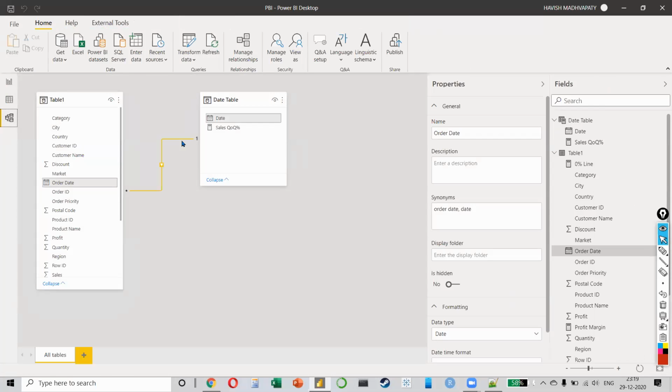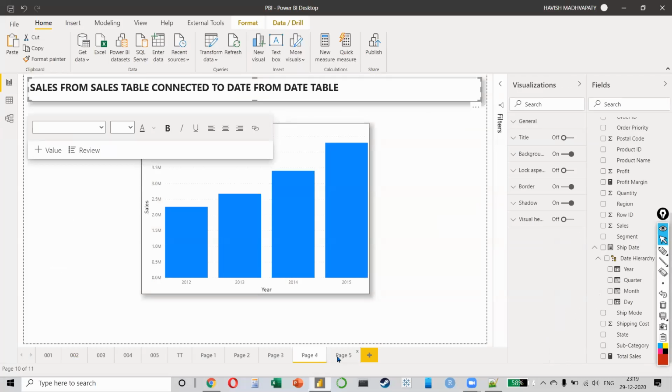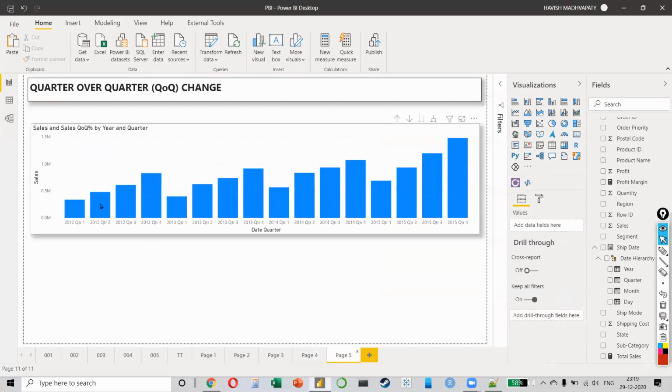After that, we created a connection between the new date table and the order date. Once we have done that, we can create calculations like month over month, YTD, QTD, all these things. Any questions, anyone?